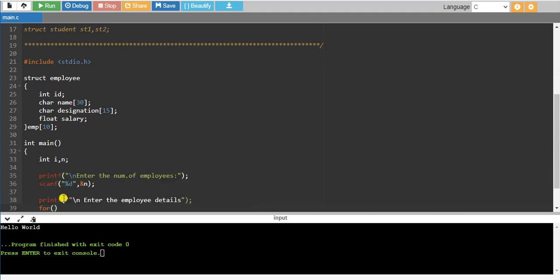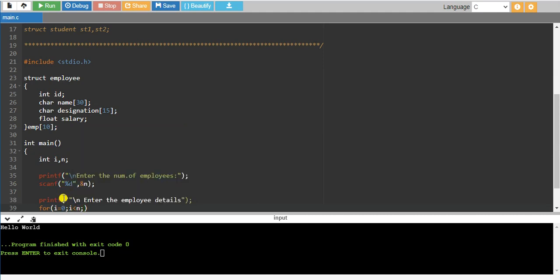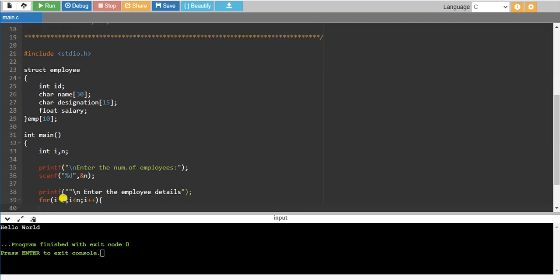For i equal to 0, i less than n, then i plus plus. Under this, what I have to write is the employee number, that is different from the employee id.